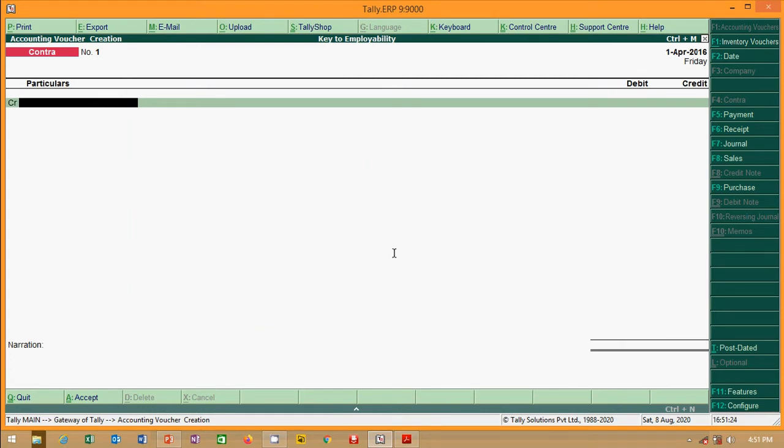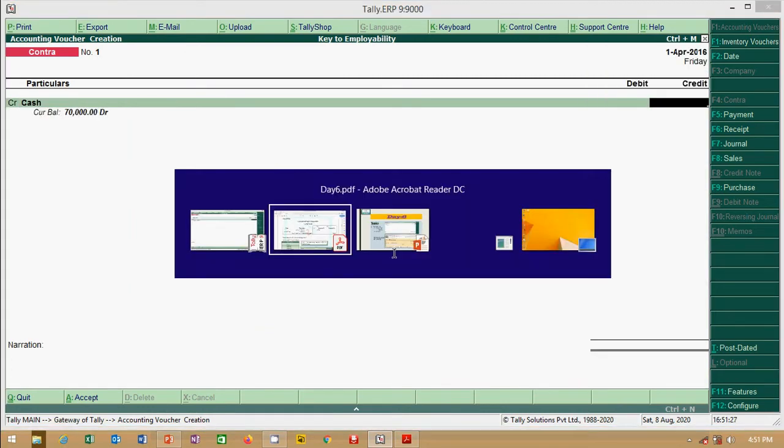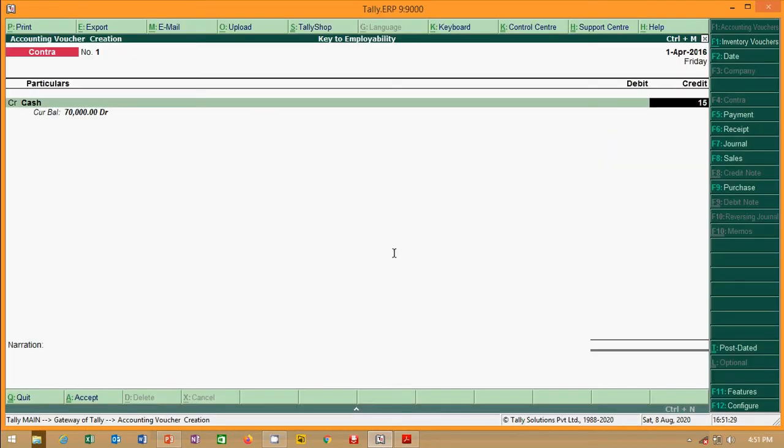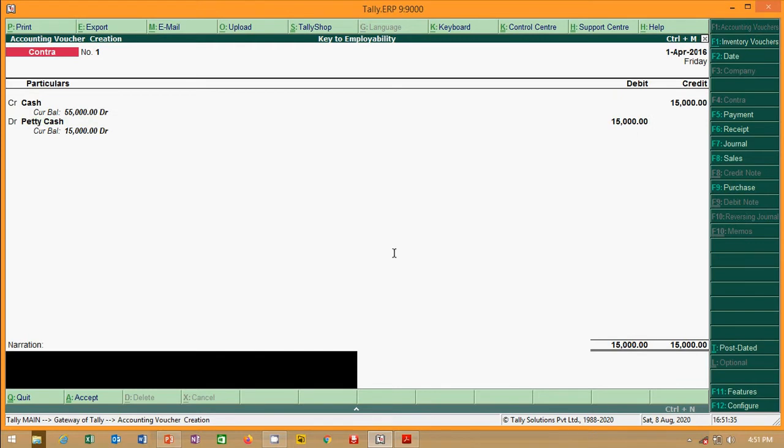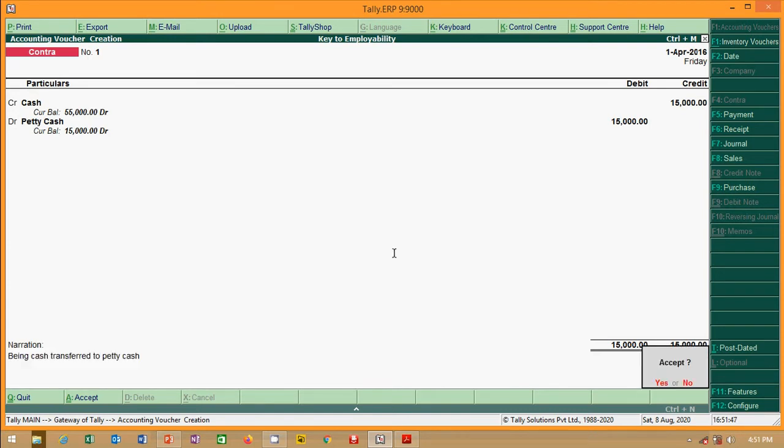So credit should be the cash account, 15,000, and debit should be petty cash. Now the narration: being cash transferred to petty cash. After passing, you need to accept this entry.